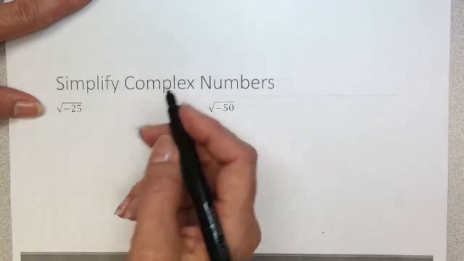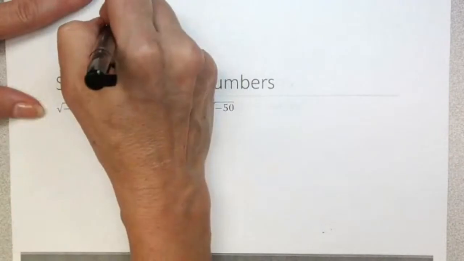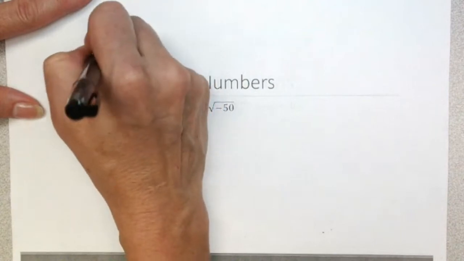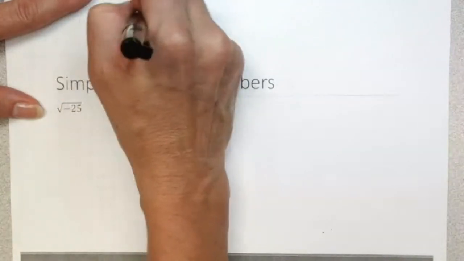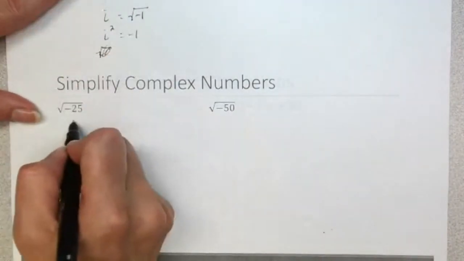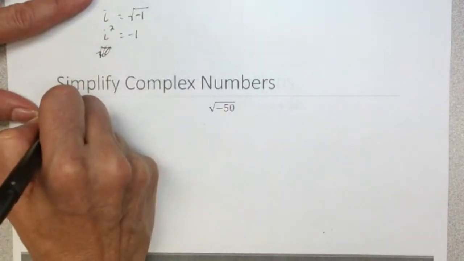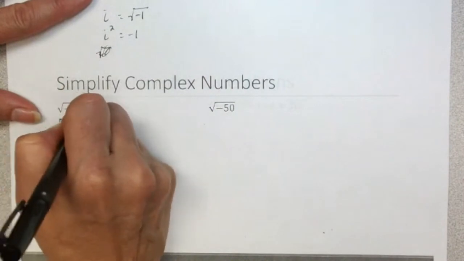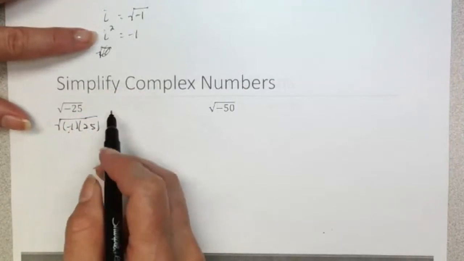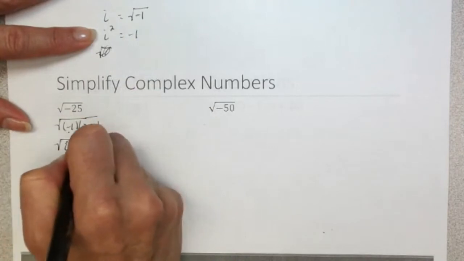Okay, we're going to simplify that non-real number by remembering that i squared equals -1, or i equals the square root of -1. Because that's the case, I can think about the square root of -25 as the square root of -1 times 25. Right, that's -25. And since -1 is i squared, I could rewrite this as the square root of i squared